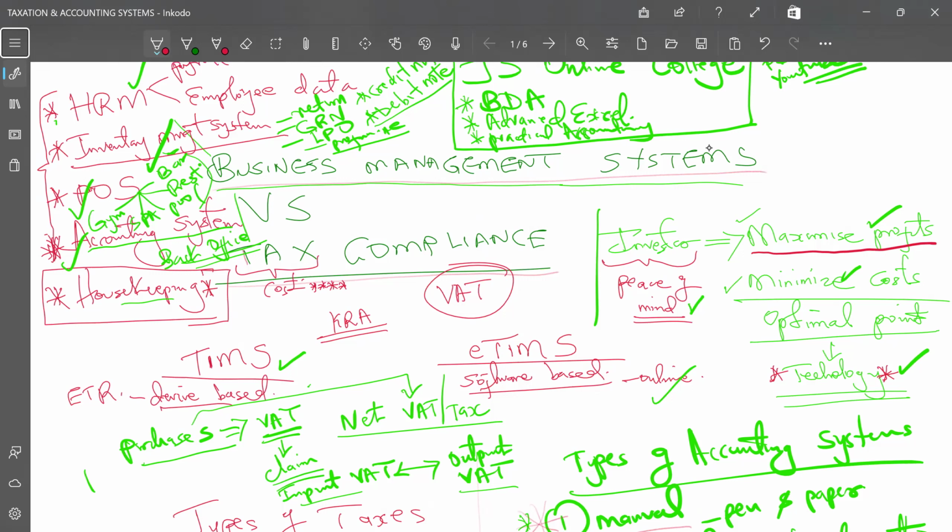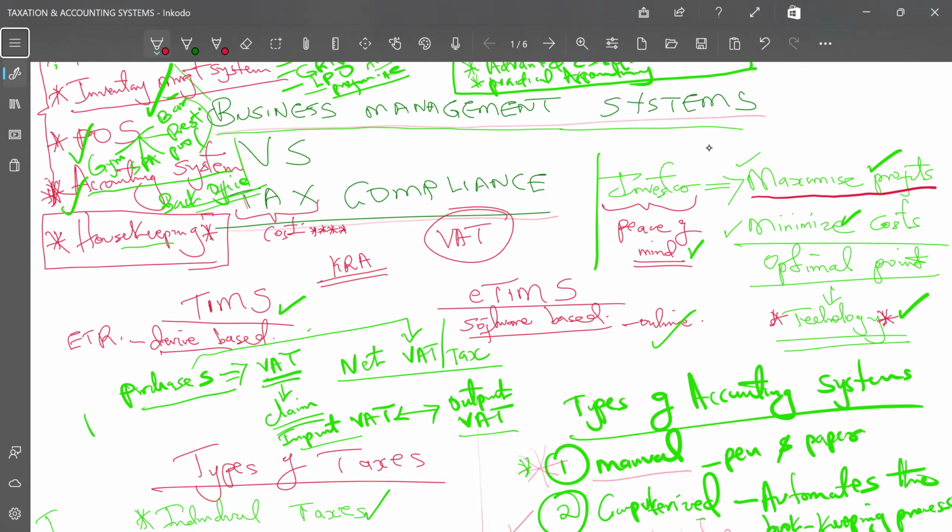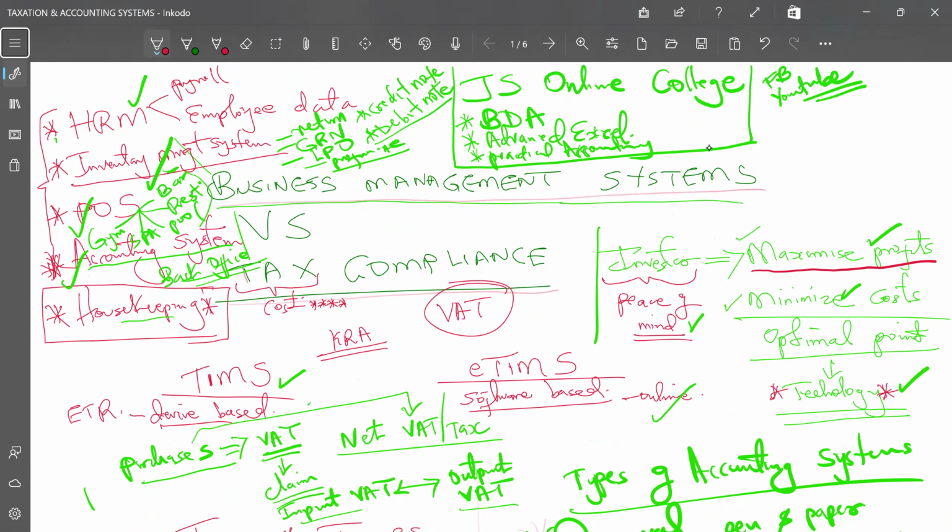Now, when you start that business, you might be running it yourself and you might be pretty comfortable that in financial terms, you are handling the finances in that business. But my question to you is, for how long are you going to handle the finances of that business? At one point or the other, you might fall sick. You might be employed yourself at the same time you are running a business. Will you be there all the time? The answer is no. Will you be able to oversee all the financial operations of that business? It might not be very easy in practical sense.